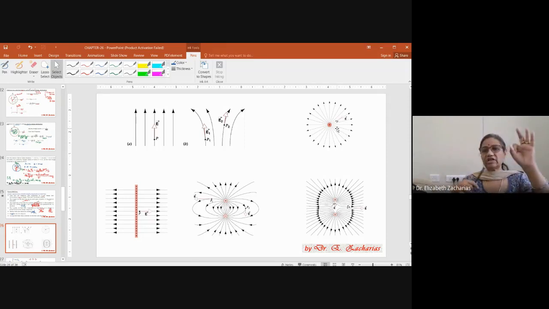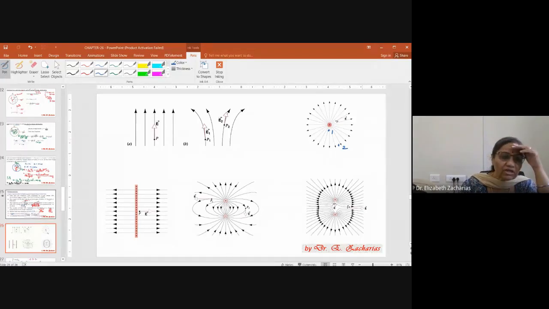Straight lines. And you see here, I will show you 2 points and you have to tell me where the electric field will be larger. Will the electric field be larger at point 1 or at point 2? Where will the electric field be larger? Why? Because there you're seeing that the lines are close to each other. At 2, you're finding that the lines are farther away from each other.